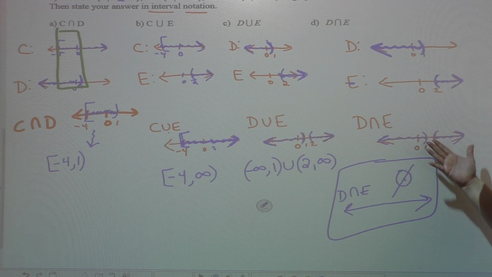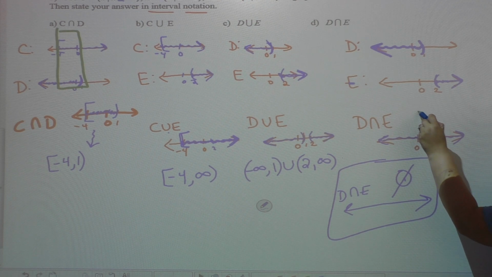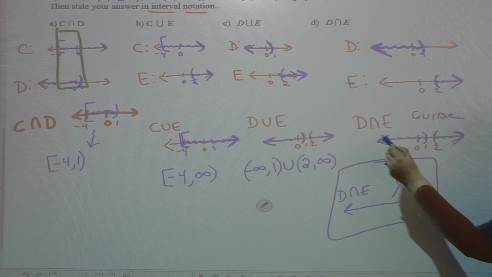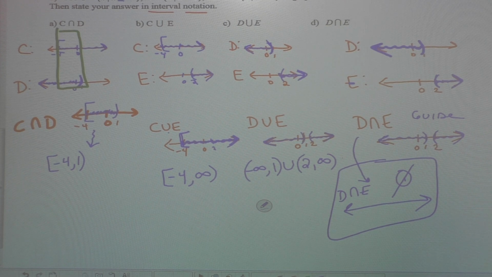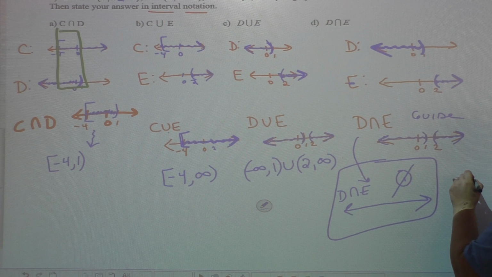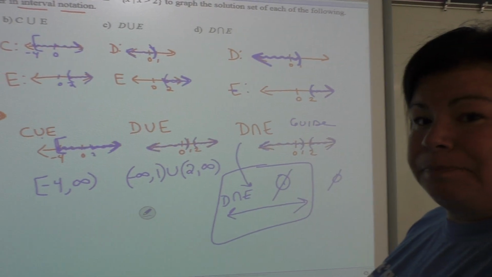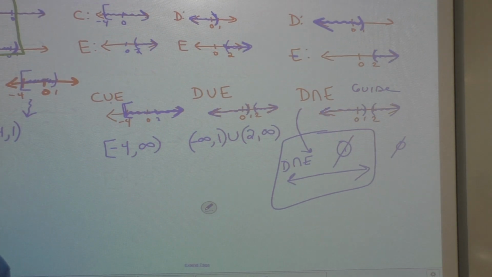And therefore, there is no solution. They don't overlap anywhere. So this is just a guide, but this is the actual graph to that solution set. Okay? So that means there is no interval notation other than the empty set. And that's what that means. Okay. All right. So now on the back page,